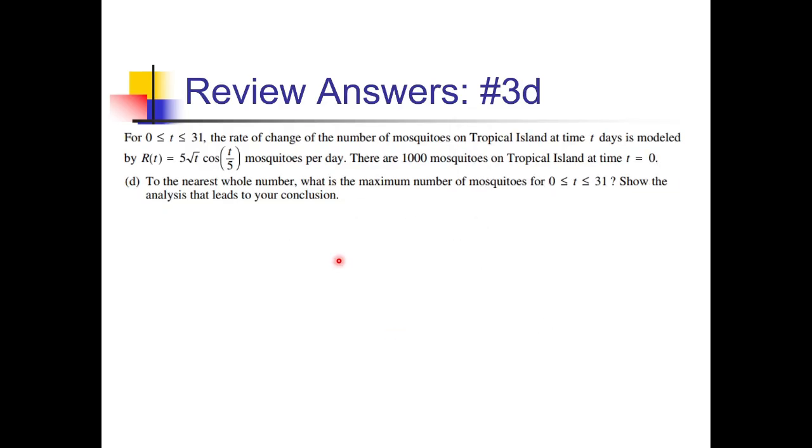For part D, to the nearest whole number, they want the maximum number of mosquitoes between times 0 and 31, with some analysis for that. So what we're going to do is find some critical values for our m function, whose derivative is this r of t function. So I'm going to start by graphing out r of t and seeing where r of t changes. Since we want the maximum number, we want r of t to change from positive to negative. We're not really interested in other critical values because plateaus and local mins are not going to give us